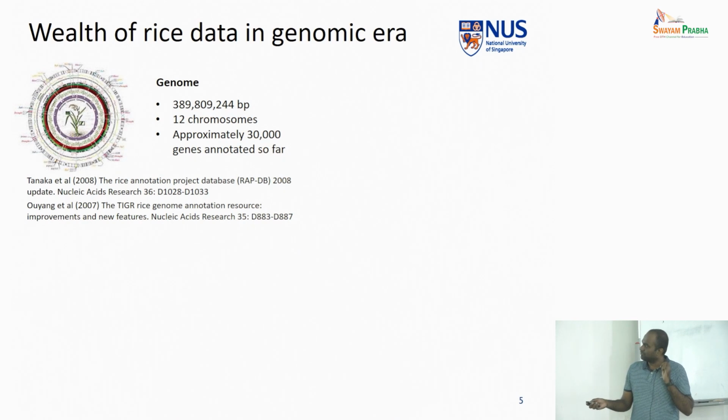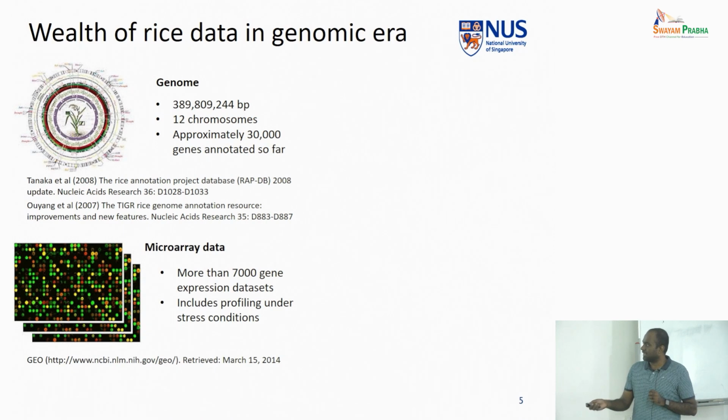I'm sorry, I'm not familiar with the current version and the current statistics of the number of genes and the chromosomes available. This could be improved based on the current state. Even back then, a lot of transcriptome data was available, mainly based on microarray. I believe it should now be more, with advanced techniques like sequencing-based RNA-seq available